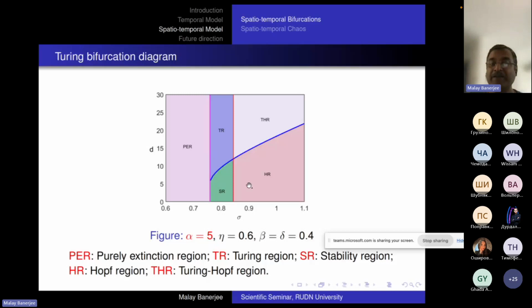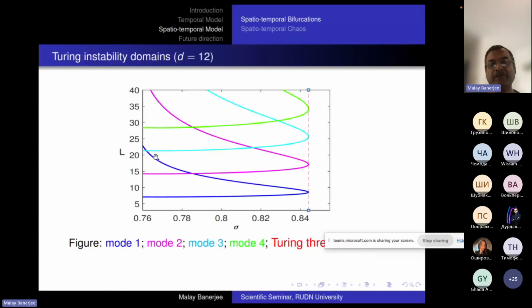Keep in mind this bifurcation diagram is obtained from linear stability analysis. Below this curve we have the Turing curve, and TR stands for Turing Region, THR stands for Turing-Hopf Region, SR stands for Stability Region, and HR stands for Hopf Region only. Now this particular figure explains the Turing bifurcation curve with different unstable eigenmodes, and it is drawn in terms